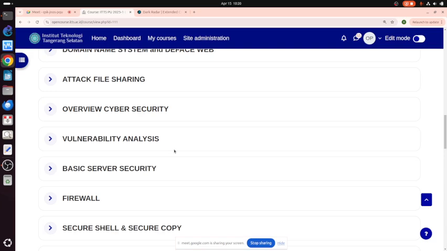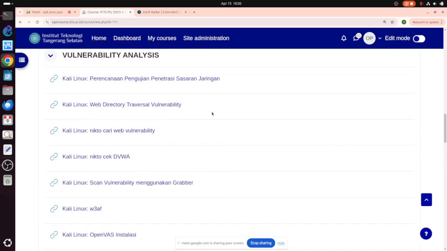The problem is I only have time until 8 o'clock because I have to run to catch the train to Jakarta, so we will finish at 8. Today we will cover vulnerability analysis, and maybe a little bit of overview on cybersecurity. Okay.